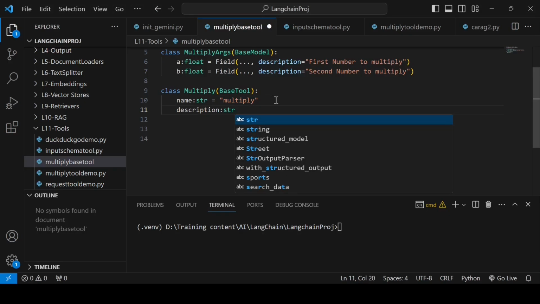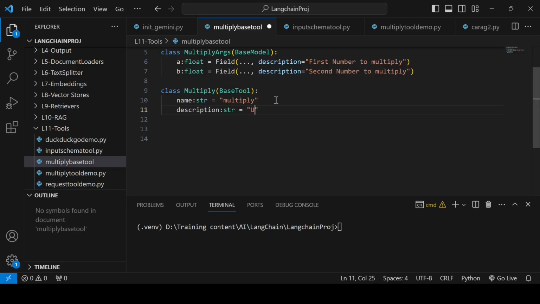Which is again a str, used to multiply two numbers. So this will be a description. Then I can have args_schema, where I can get this Pydantic model which I've created.